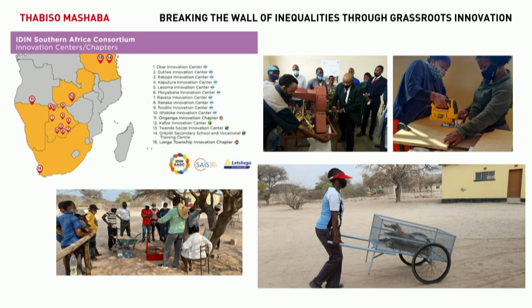So we've actually managed to train over 2,000 people in 5 different countries in Southern Africa, Cape Town, South Africa included, Tanzania, Zambia, Botswana, and Namibia as well. We have seen how people can use this co-creative design process to create simple technologies like this wheelbarrow, which actually helps women that are staying in rough terrains to carry wood from far to their localities so that they can actually use it. We have seen that we can teach women to use power tools and hand tools so that they can actually apply themselves and apply their minds and come up with simple technologies.